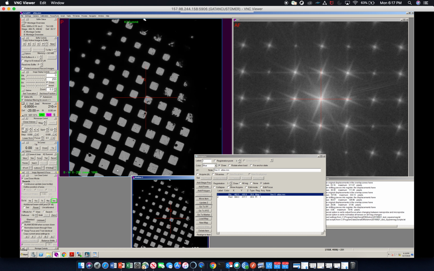So you need to identify the grid squares that you want to collect on, and we want to say add points. And we want to pick out the grid squares that we're interested in collecting on. We want to pick the very center of those. Here, here, here, here. And one of the things you want to do is pick them kind of sequentially in order,